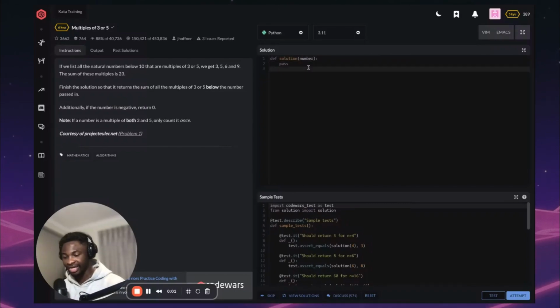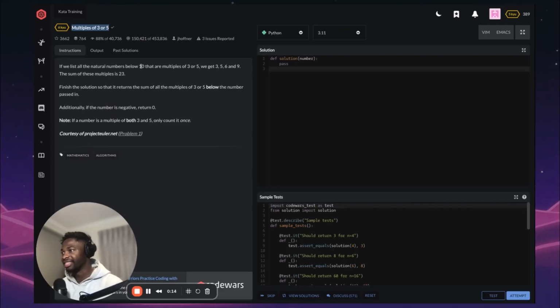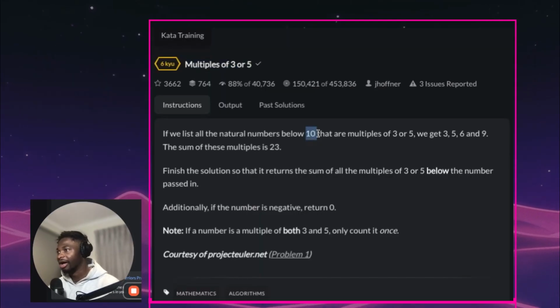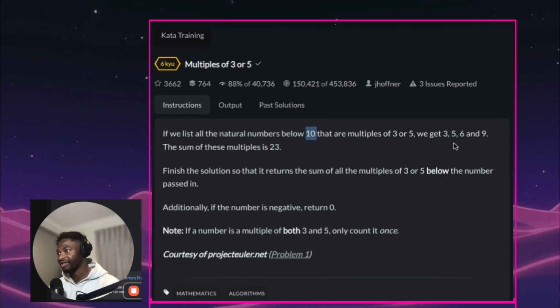All right, we're back again. Round 2 of the same challenge, the multiples of 3 or 5 challenge. We're finding the multiples of 3 or 5 within a provided number. So the example we have here is 10, and the multiples of 3 or 5 within 10 are 3, 5,